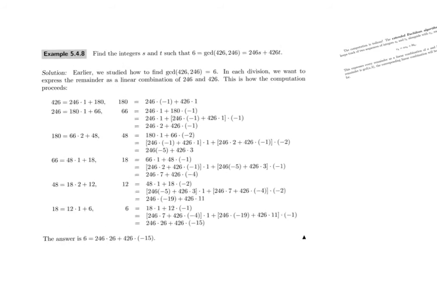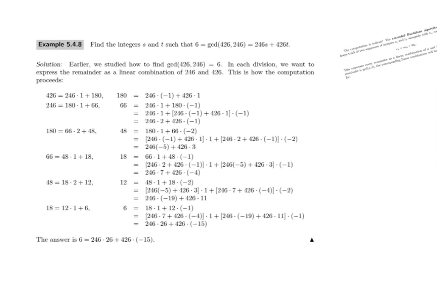Now we're going to apply the algebra that we used in the preview activity in class to try to determine a linear combination of two integers that will give us the GCD of those two integers. For 8 and 12, it wasn't hard to guess what that linear combination had to be. We said -1 times 8 plus 1 times 12 was equal to 4, which is the GCD of 8 and